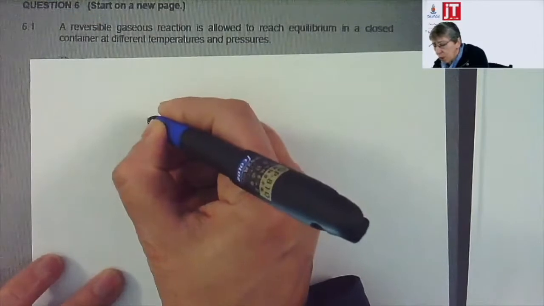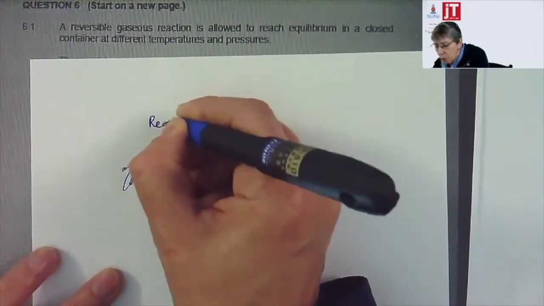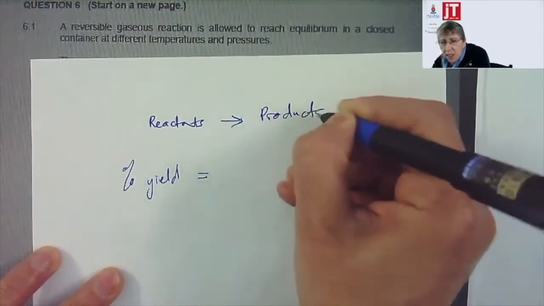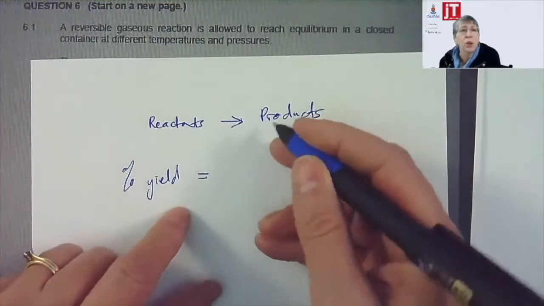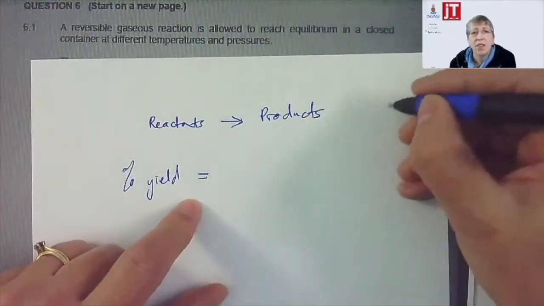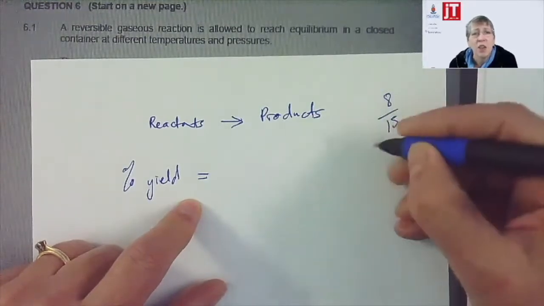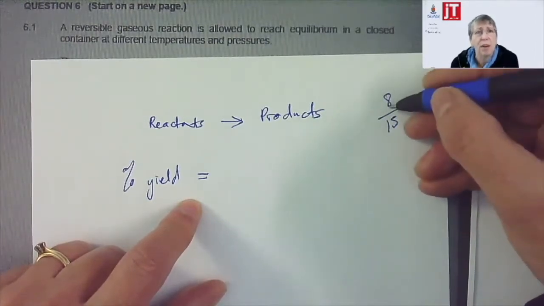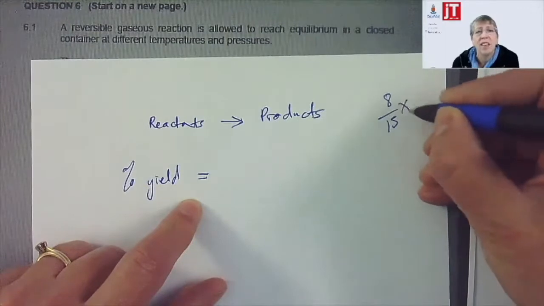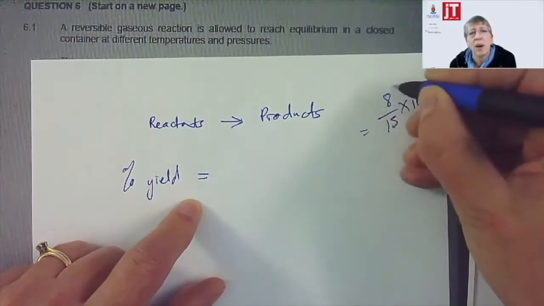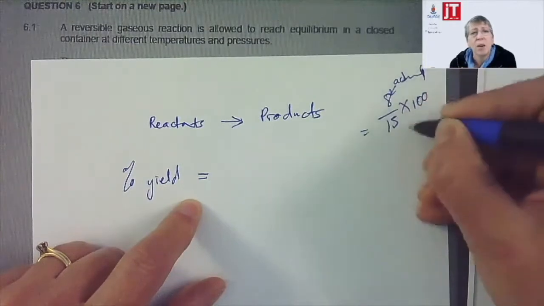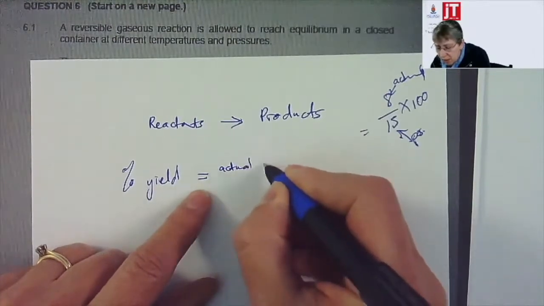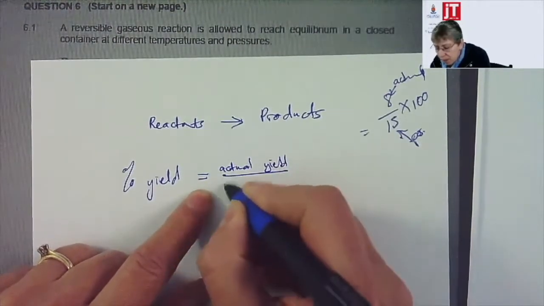Now, first off, remember, when you've got an equation, the things on the left-hand side we will call reactants, and that gives you products, right? So percentage yield is how much product do you get from what you could have got. If you've got a test and you have 8 out of 15 and you want your percentage, you said that is the actual marks that you got out of a possible 15, and then times 100. So percentage is always the actual divided by the possible, right? Actual divided by possible. So here it will be actual yield divided by possible yield